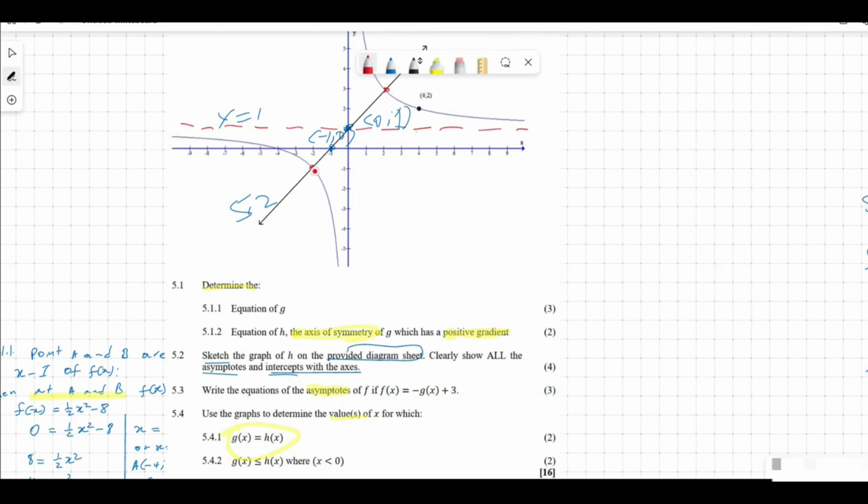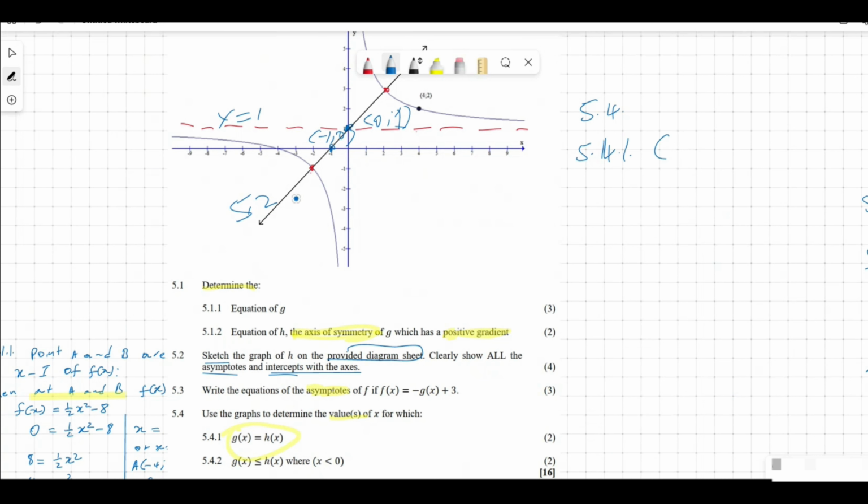So they are saying the two graphs are equal. Where are the two graphs equal? At the point of intersection. Are you with me? Yes. What are we looking for? We are looking for the value of x. So in grade 10, we know that the axis of symmetry and the hyperbola are equal at the following points,